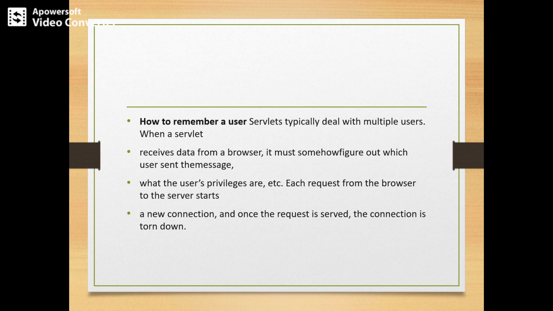A variant of this method, getSession(boolean create), may be used. If the value false is passed to this method and the request has no valid HTTP session, this method returns the null value. So when a user logs in, the system creates a session object, an HttpSession, as in session equals request.getSession.